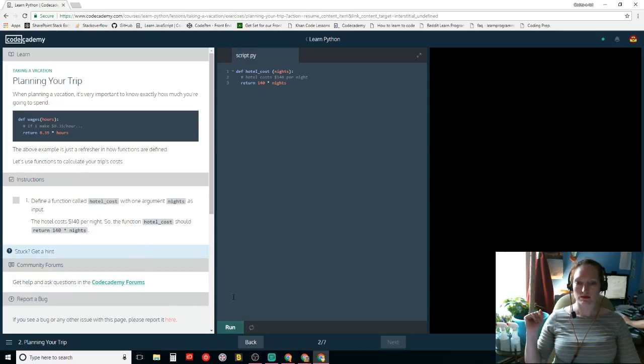Is that it? Define a function hotel cost, yes. Argument nights, yes. Okay. And hotel cost should return. And then we could print hotel cost, right?